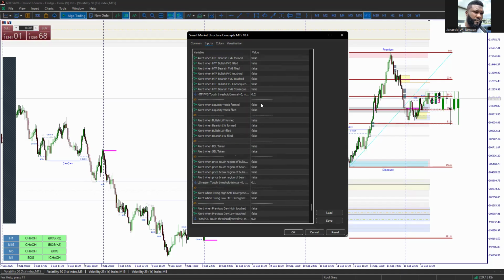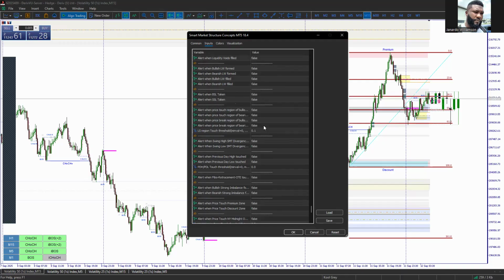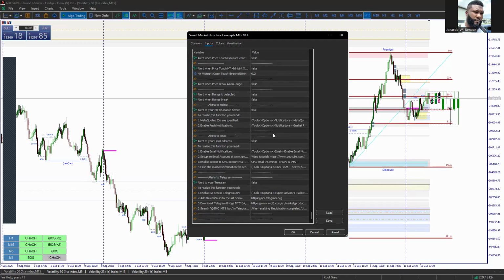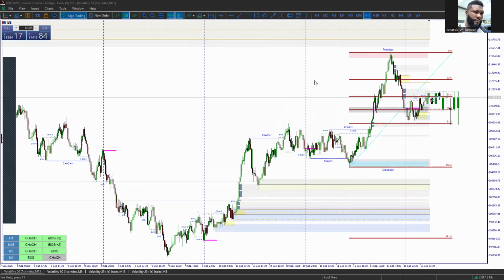Now, one thing I must say, if you turn on all of these alerts and you're looking at multiple charts, then it will pose a problem. You will be confused. You need to be sticking to one or two pairs at a time. And if you're going to use multiple time frames, then you possibly have to use a separate MT5 installation for each time frame, but you don't need to be using all of this. Now, you can also send these notifications to your phone or to your Telegram, to your email, and all of that. So, as I say, well-built indicator, must commend